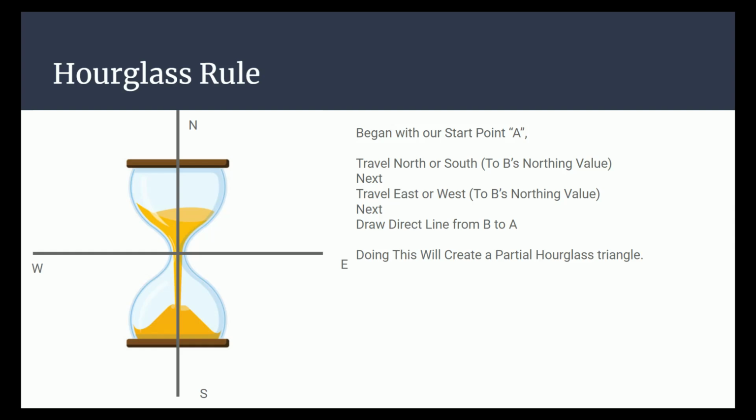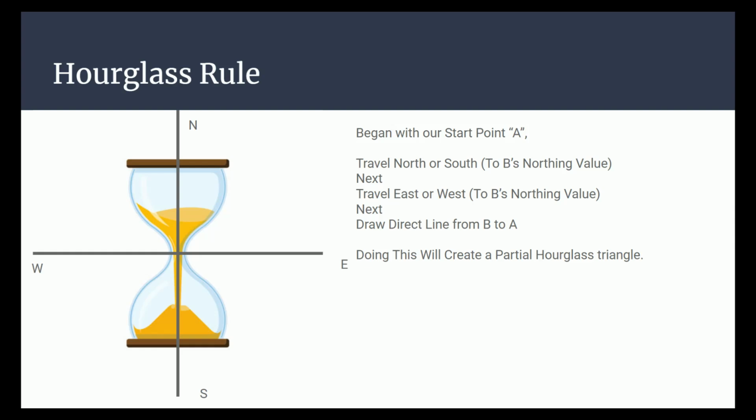Anytime we begin at our start point of A, we always want to draw our distance traveled north or south first, and then we're going to draw our east or west lines. And then we draw the direct line. Doing this will create a partial hourglass, and this hourglass is going to help you with the math section of